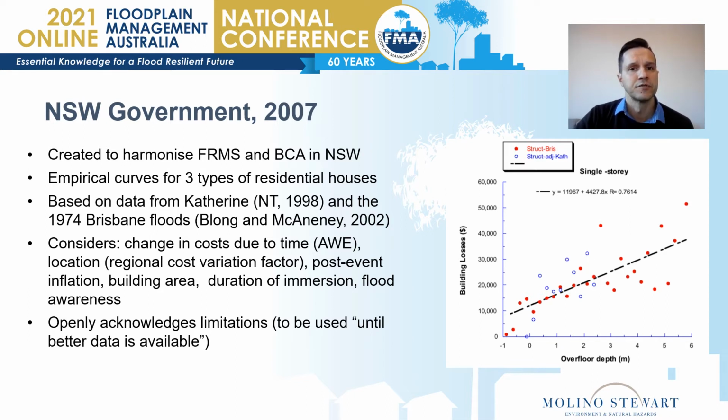The model introduces several important factors that have not been previously looked at, including ways of compensating for damage occurred at different times based on the average weekly earnings, or a location where the cost to repair buildings is different. The guidelines openly acknowledge that the model has limitations and do clarify that this should only be used until better